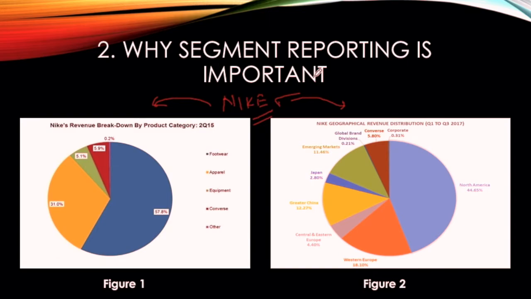Suppose figure number one is a business segment disclosure. I'm not saying it's a business segment, I'm just saying, suppose it's a business segment disclosure. Now, I have a question for you. Think from an analyst's perspective. Think you are a financial analyst making calculations to understand the intrinsic value of a particular stock of a particular company. In our case, it's Nike.